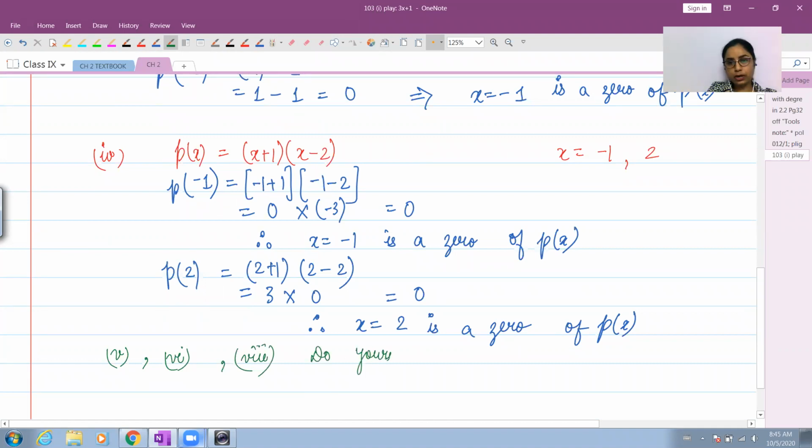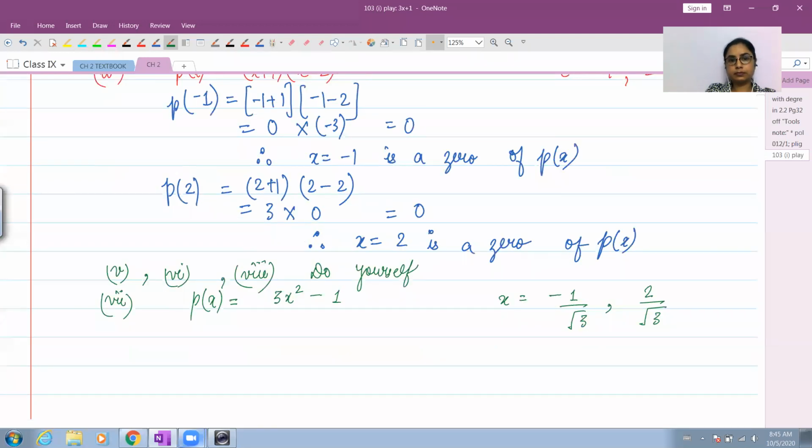So I'm just going to do one more part with you and the rest of the parts you'll be doing yourself. I'm going to take up the 7th part, which contains the values and roots. So we have P(x) equals 3x square minus 1 and the values are x equals minus 1 by under root 3 and the second value is 2 by under root 3. Using the first value here, P of minus 1 by root 3,